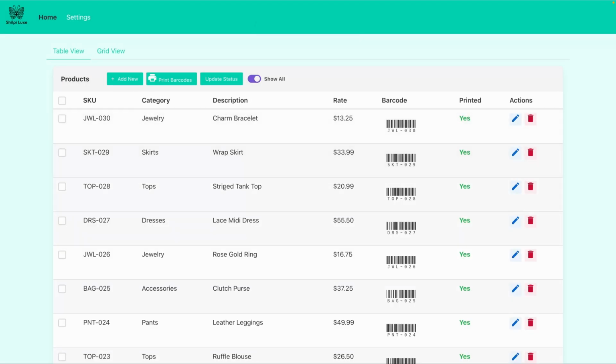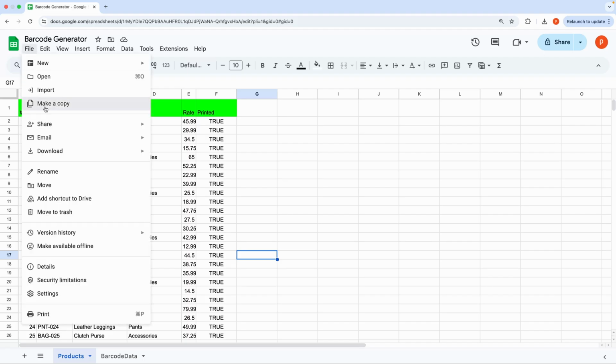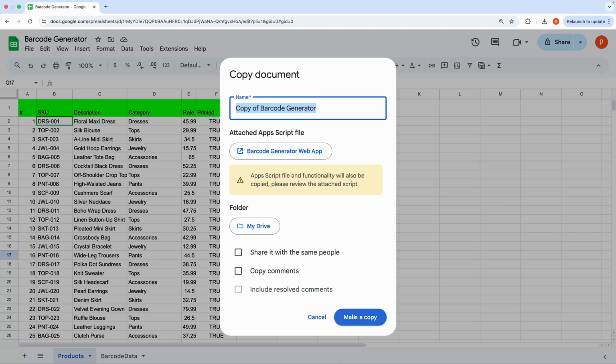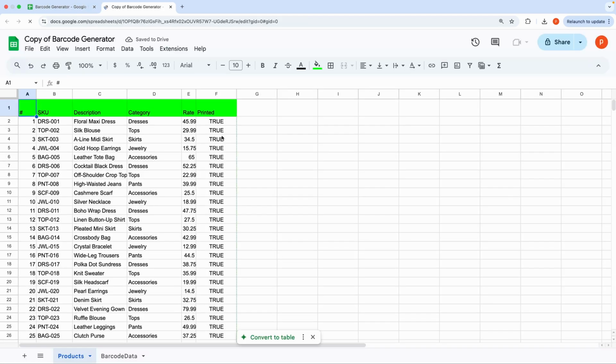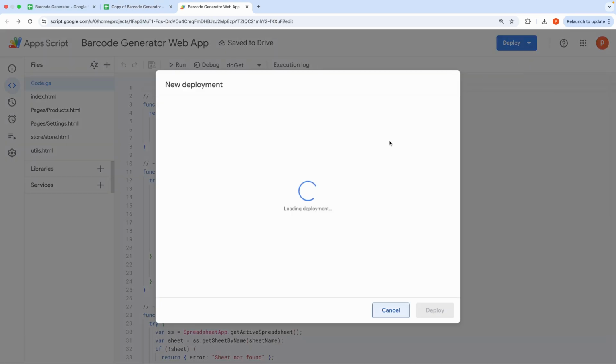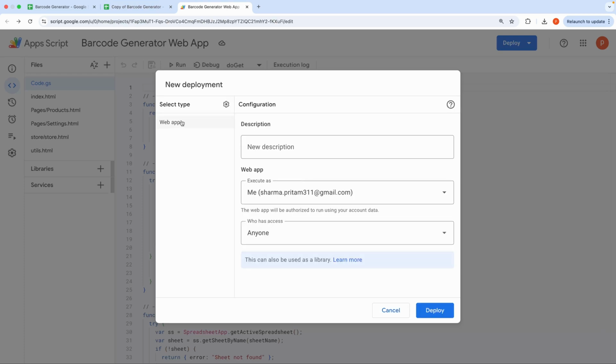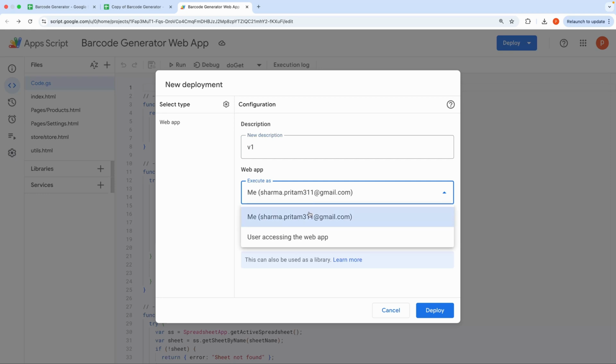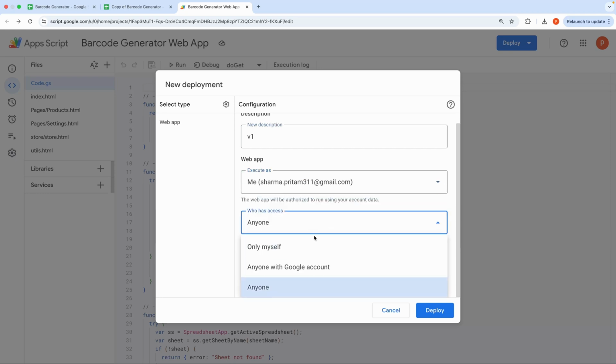Now that you've seen how the app works, let me show you how to set it up for yourself. First, make a copy of the Google Sheet using the link I've provided in the description below. Once you have your copy, open the sheet and go to Extensions, and then Apps Script to access the script editor. In the editor, click the Deploy button in the top right corner and select New Deployment. In the Deployment dialog, choose Web App as the deployment type. Add a description like Version 1, set Execute As to Me, and for who has access,